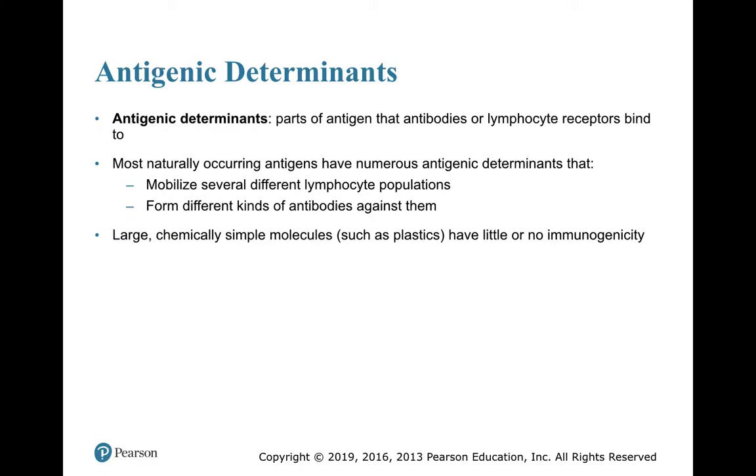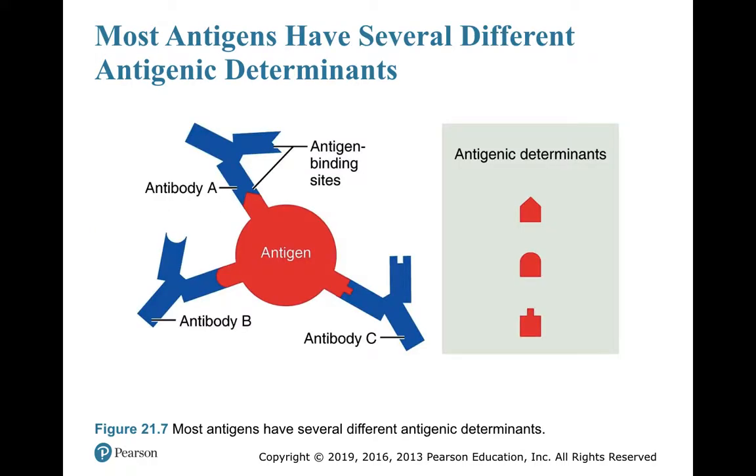They're not different enough. So we have an antigen here. Maybe that antigen is the chickenpox virus, and it has antigenic determinant site A, antigenic determinant site B, and antigenic determinant site C. It will invoke the production of at least 3 different clones of B cells, producing antibody A, antibody B, and antibody C.